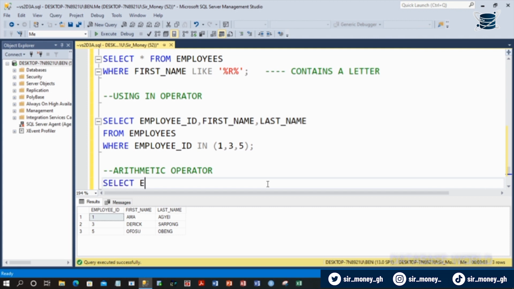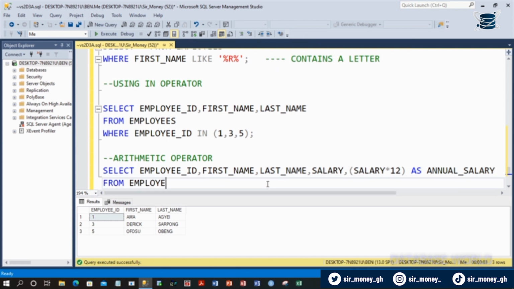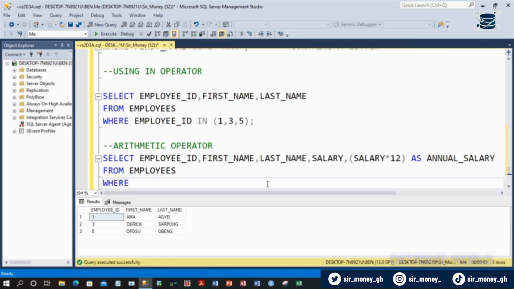So select employee ID, first name, last name, salary, then your salary times 12 as annual salary, from employees where employee ID in 1 and then 5. Then we say in descending order, so order by